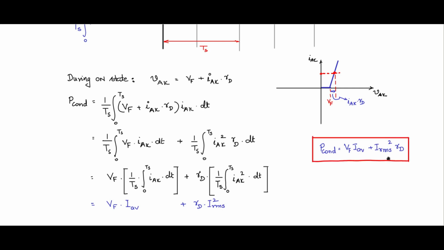So this is the equation for the conduction loss in the diode. This is irrespective of what type of circuit you may use. If you know the current waveform or wave shape, and you know the value of Rd, then you will be able to estimate the conduction loss in the diode.